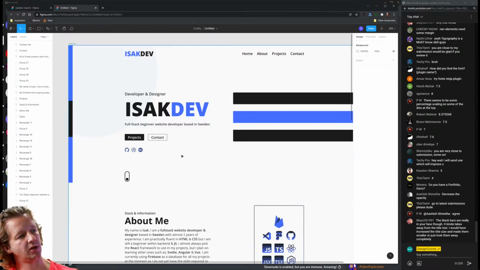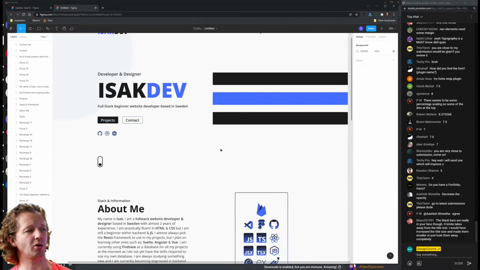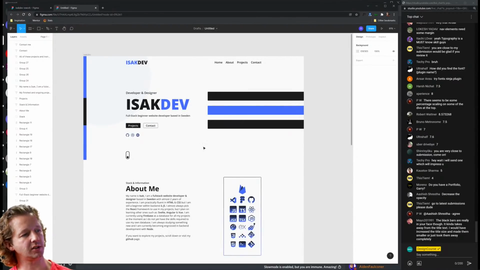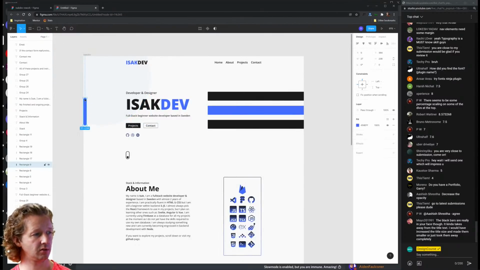So create a little bit more. I think these need to have a little bit more white space and be a little bit larger buttons, but it's going to take me too long to sit there and design everything. We could do, let's do this. Forgot Shift R here again.